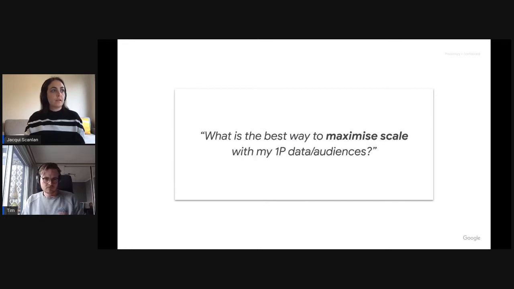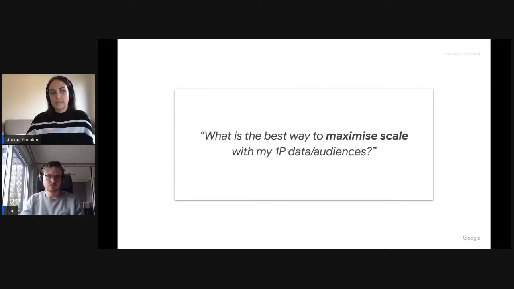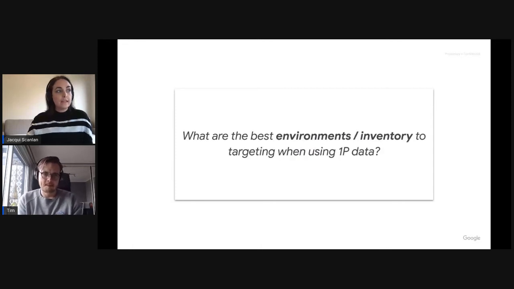Cool. So this came in as well, and I think that we've covered this pretty thoroughly, but I wanted to make sure that this was covered fully. What is the best way to maximize scale with my first party data and audiences? Definitely the audience slider at this stage, as well as using some of the audience analysis tools that Tim mentioned around the audience profiling tools, where you can find high indexing segments. And then finally,